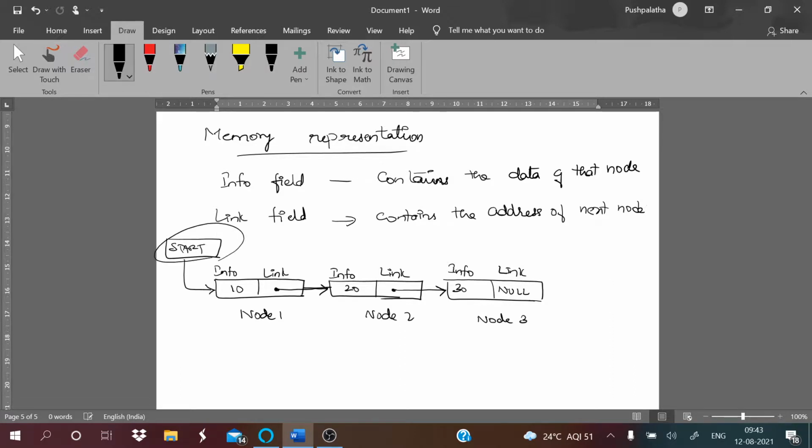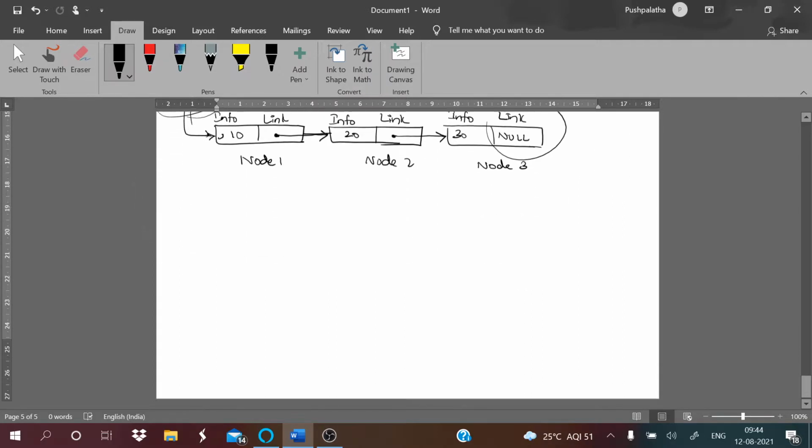So start is a pointer that holds the address of the first node. And before this you do not have any other links. And the link to the start is usually stored in the class, that provides an interface for the resulting data structure. If the list is empty, then start will be set to null. The last node, as we said here, is called the end node and it contains null. You need not have continuous memory locations here. We can store it wherever you want because we are going to have the data as well as the address of the next node. So it may be anywhere.